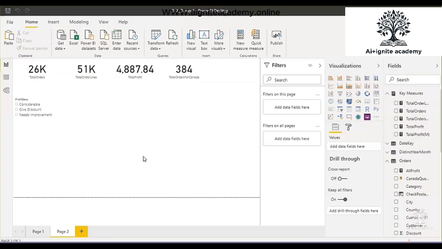Time intelligence functions are just a category of functions. We use those functions especially when we want to compare or travel over time. In order to use time intelligence functions, we first have to create a calendar table. A calendar table is required. Why? Because we need continuous dates for time intelligence functions.